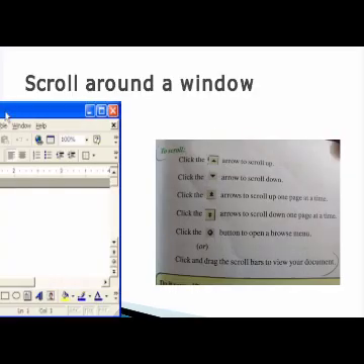Scrolling around a window. Can you see this picture? Yes. So in this picture, can you compare how to scroll at the right side information given? Can you see the up arrow which is used to scroll up, and the down arrow used to scroll down. Next, how to scroll one page at a time. There is a double upper arrow and then a double down arrow. Can you see? So this is scroll one page at a time. It is upwards, and the next one is scroll down one page at a time, downwards.